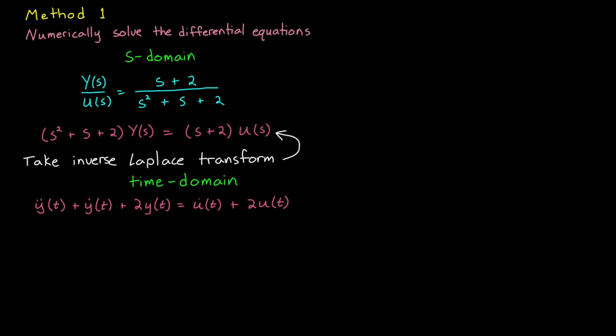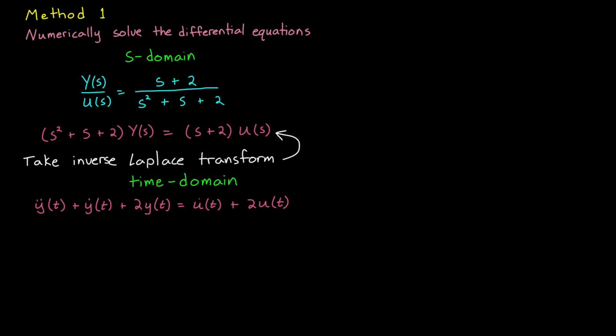Taking the inverse Laplace transform like this is really easy because it can be done by inspection. Every s multiplied by the variable is just another derivative of that variable. So s squared times y is the second derivative of y, and s times y is the first derivative. And in differential equations class, you may be asked to solve for y of t analytically, but with software we